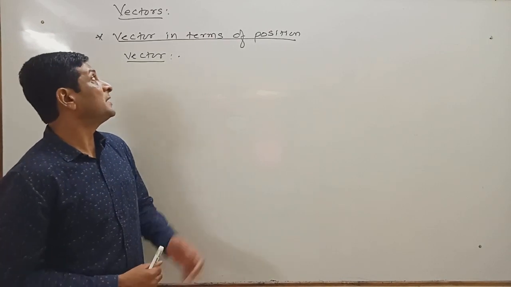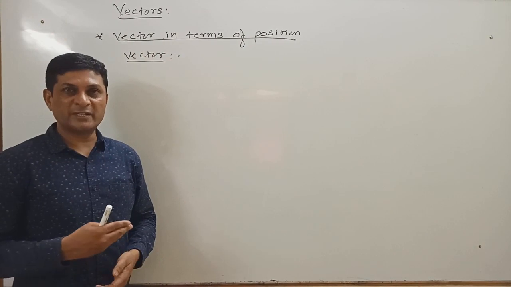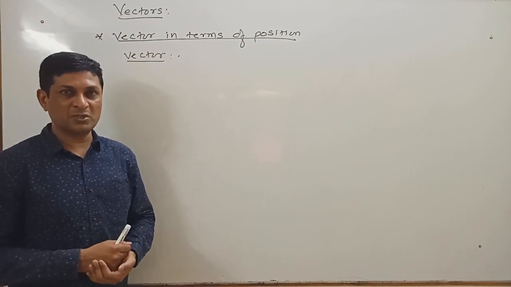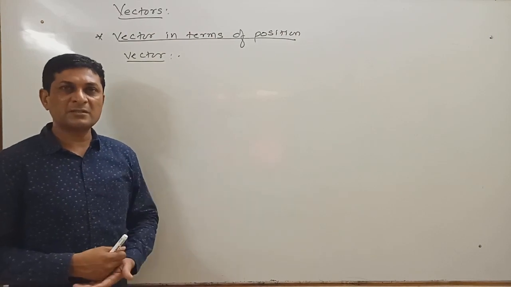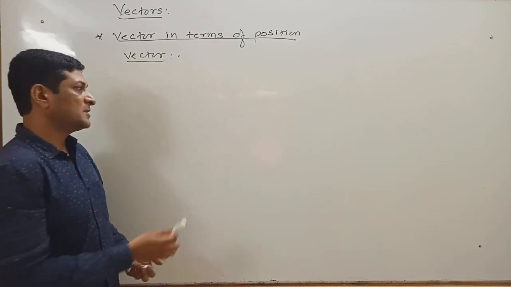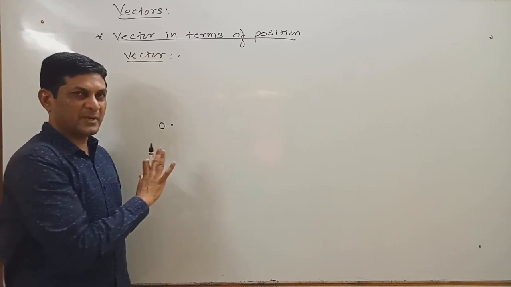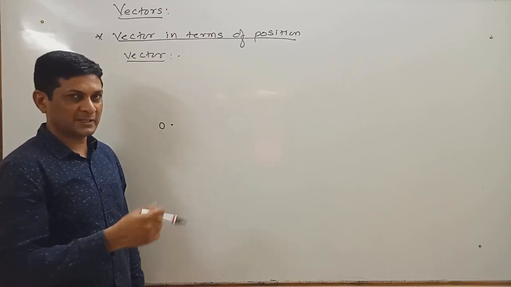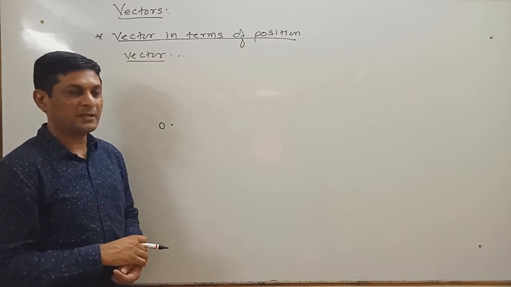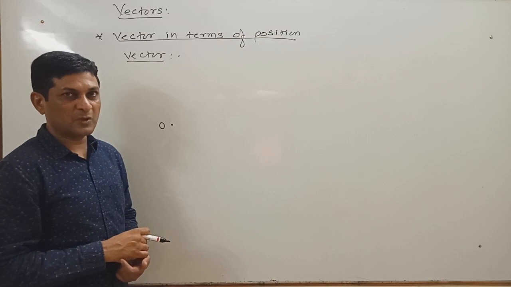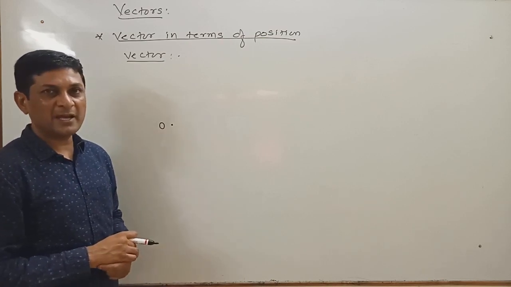So now we are discussing vector in terms of position vector, means how to express a vector in terms of position vector. We know that plane means what? Flat surface. Plane consists of infinite number of points. So let us fix one point in the plane. This same method is applicable in case of space also, but for simplicity, I am saying that it is a plane. So plane consists of infinite number of points. So let us fix one point and I am denoting that fixed point say by O.